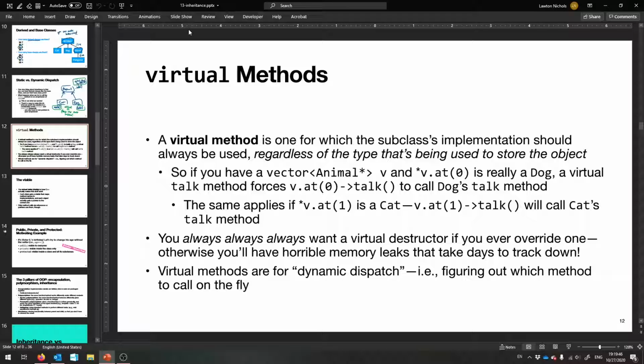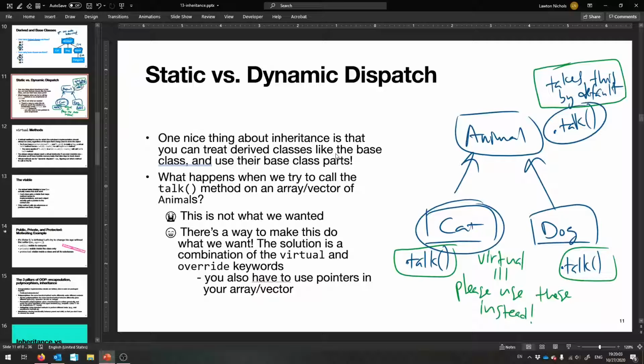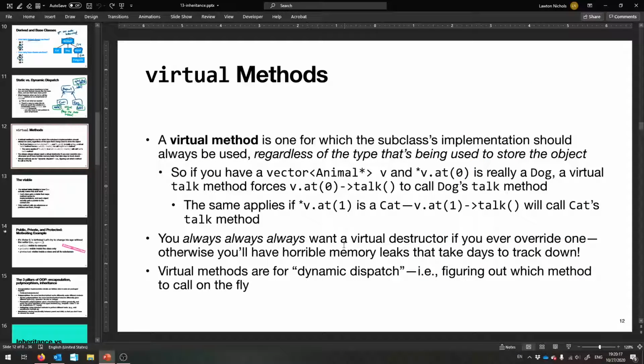So we were talking about virtual methods because sometimes, like if we use a cat like an animal, the type of it is actually animal, we would like it to do the cat things if we overrode them, okay? Not the original animal noise thing. We'd like it to do the cat thing because we spent so much time overriding that same method, okay? And we use the virtual keyword for that, and also the override keyword. And that brings us to virtual methods. So we were talking about what happens, and